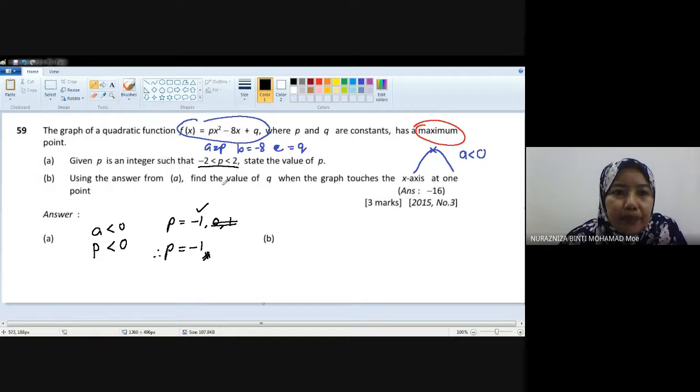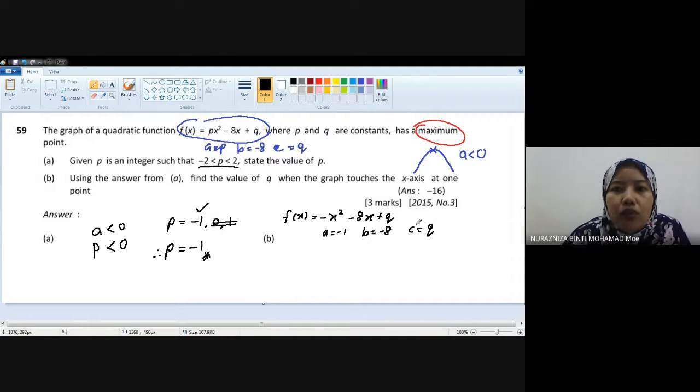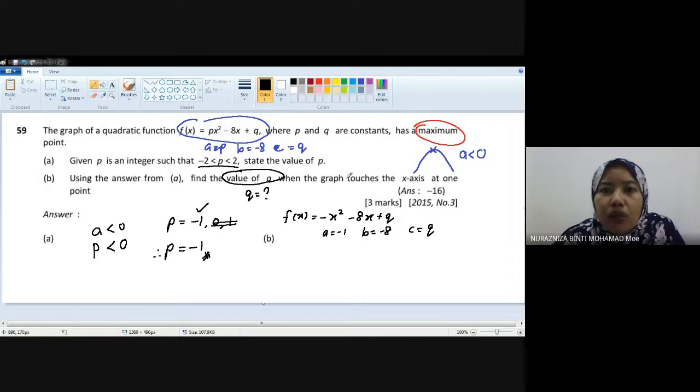Okay, question B. Using the answer in A, the equation will be f(x) equals p substituted by negative 1, so it will be negative x squared minus 8x plus 2q. So from this equation, a is equal to negative 1, b is equal to negative 8, c is equal to q. Okay, the question asks you to find the value of q. The clue given, the keyword here, is the graph touches the x-axis at